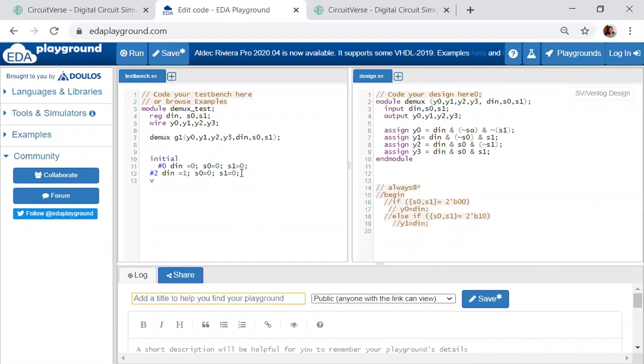Next, say after 3 time units, din is 0, S0, S1 is 0, 1. Say din is 1, I will give it as 1, 0. You can give n number of combinations over here, making din 0 for S0, S1 is 0, 0. Again make din 1, S0 0, S1 0. Then make S0 0, S1 1, so the 0, 1 combination.